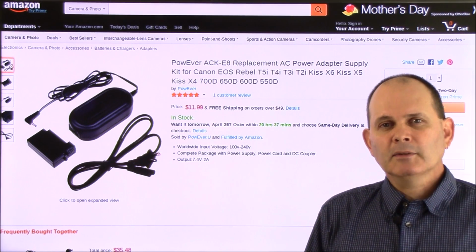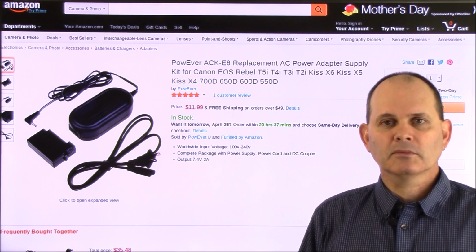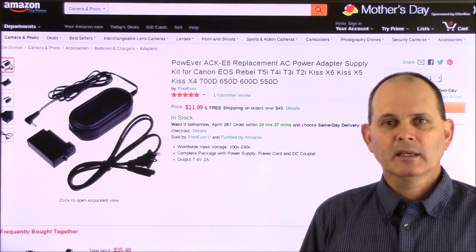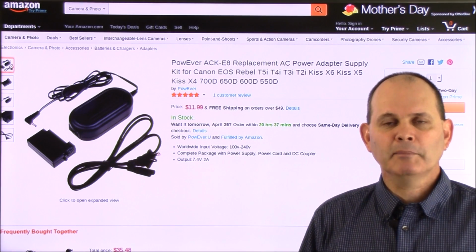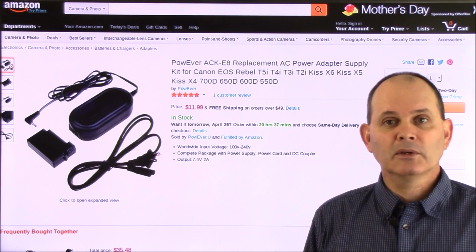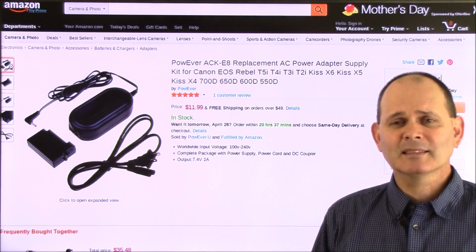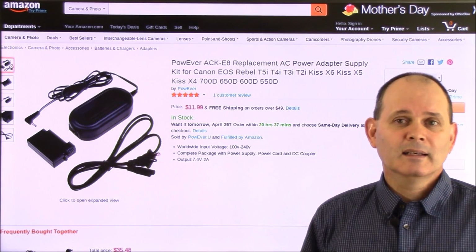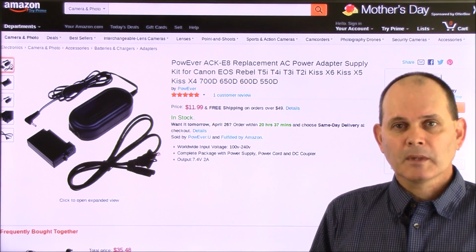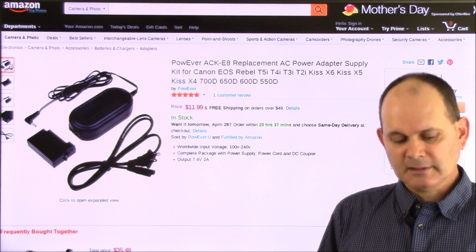But I was looking for a solution for not having to use batteries for shooting video. It's a real hassle to shoot video with batteries. You got to keep changing the batteries all the time, and it's kind of a pain. So then I went looking for Canon. I wanted to use Canon OEM stuff. The Canon power supply is over $100 for this camera, and I said, well, there's got to be a better solution. This is the solution I found, and as I said, I'm going to test it